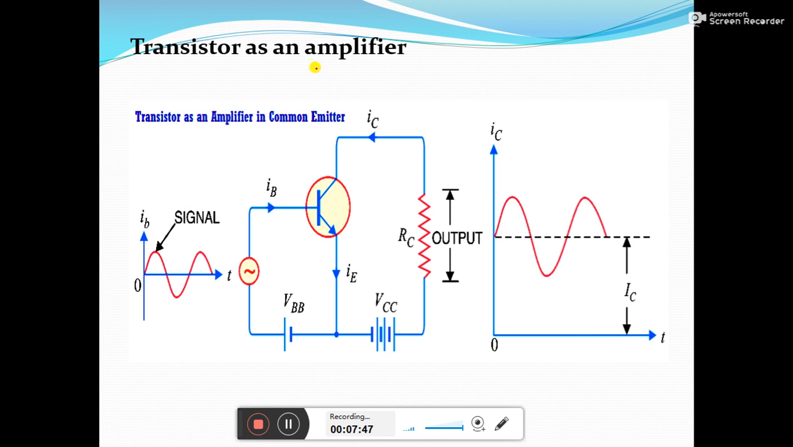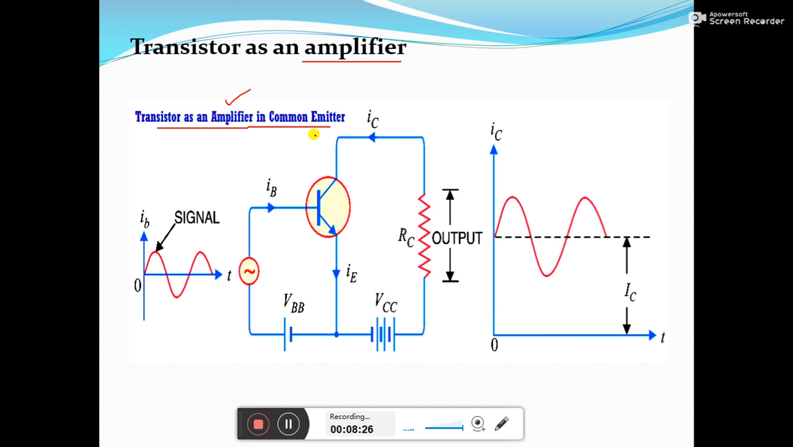The very next important application of transistor is as an amplifier. Here again the transistor is operated in the CE configuration to get its application as an amplifier. You can operate the transistor in CB also, but you won't get as efficient an output as in the case of CE configuration. Why is this? If you compare the CB and CE configurations, the current gain,